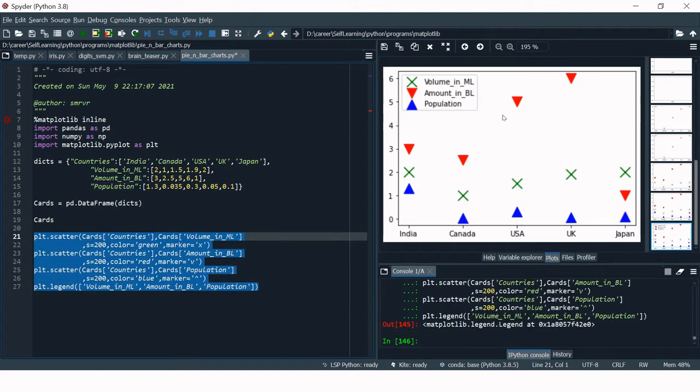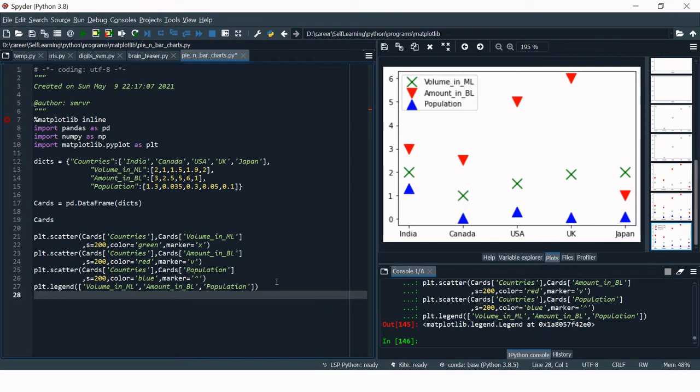Let me run this. Like you can see, x represents volume in ml, lower pyramid represents amount in billion, and upper pyramid represents population in billions. So this is how you can add the legends in your scatter plot.